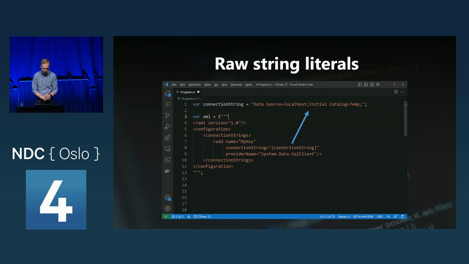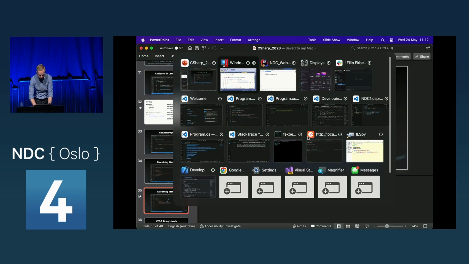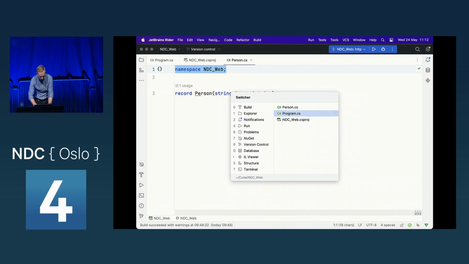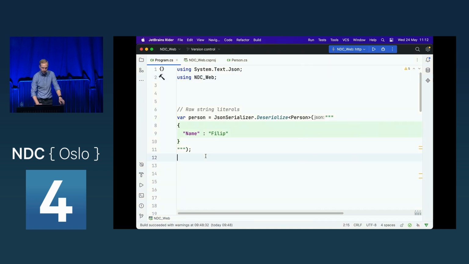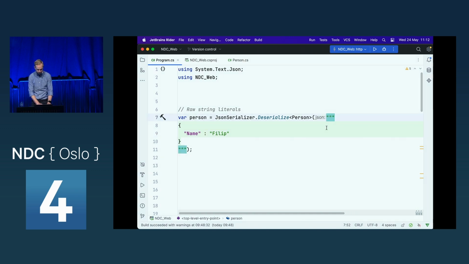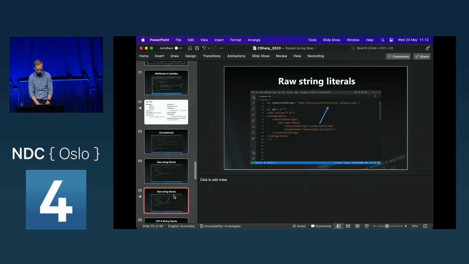If I jump over to Rider, I think I have an example of that here, where I use this with JSON. So I'm going to deserialize some JSON. I'm using the raw string literals to say that here's my JSON object that I've defined inline, and I'm getting some syntax highlighting. It's also going to remove the white space at the front here. So that's quite a nice feature.